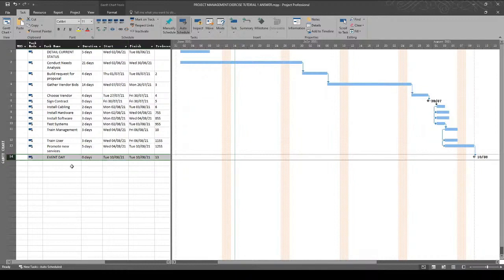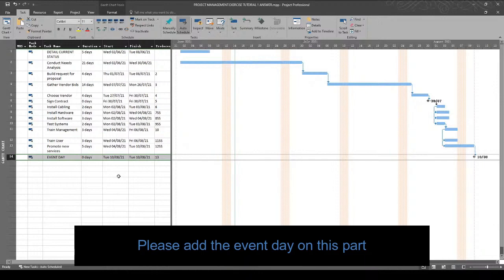Here we actually do not have this event day, but since you do a project, you need to have a deliverable date or the submission date for any project, for any assignment. You need to have a submission. So, if you refer back to the slide,